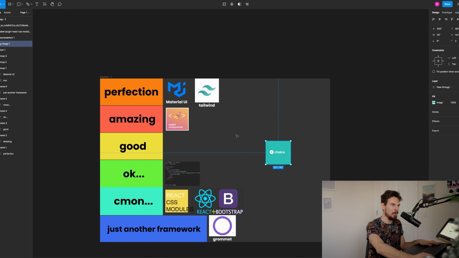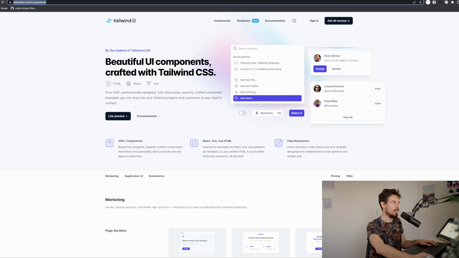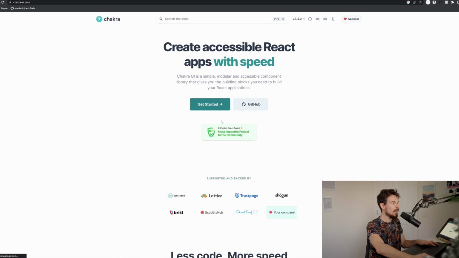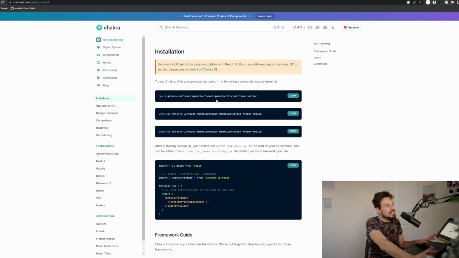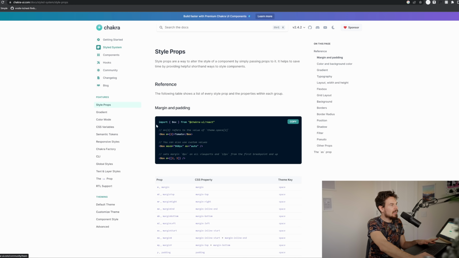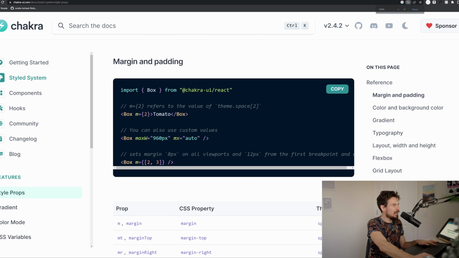Chakra is our last one, which is essentially kind of like a Tailwind, I should say, more than a Material UI. So let's take a look at Chakra UI. It's written a bit differently. Let's take a look at the code here. Essentially, the way this works is